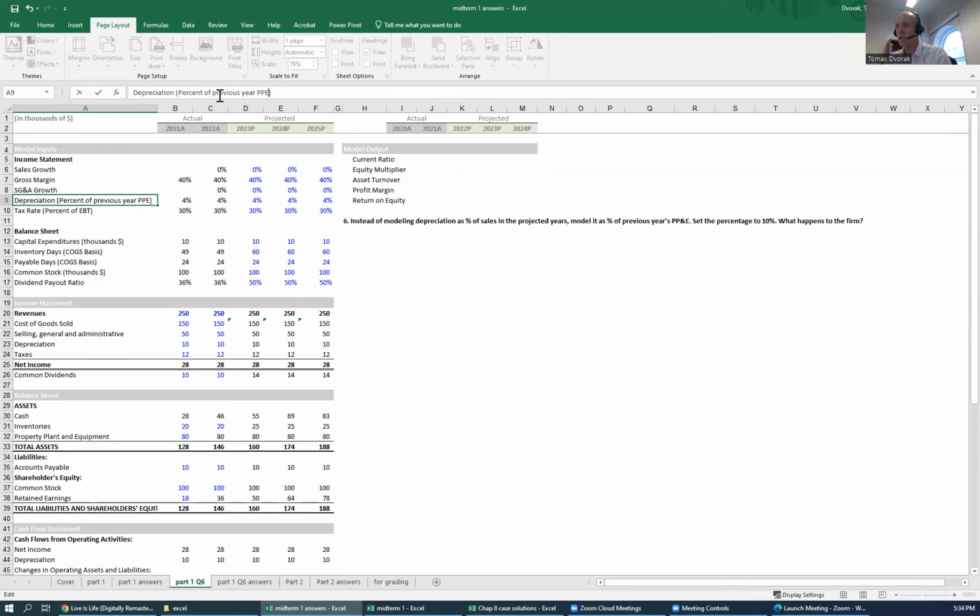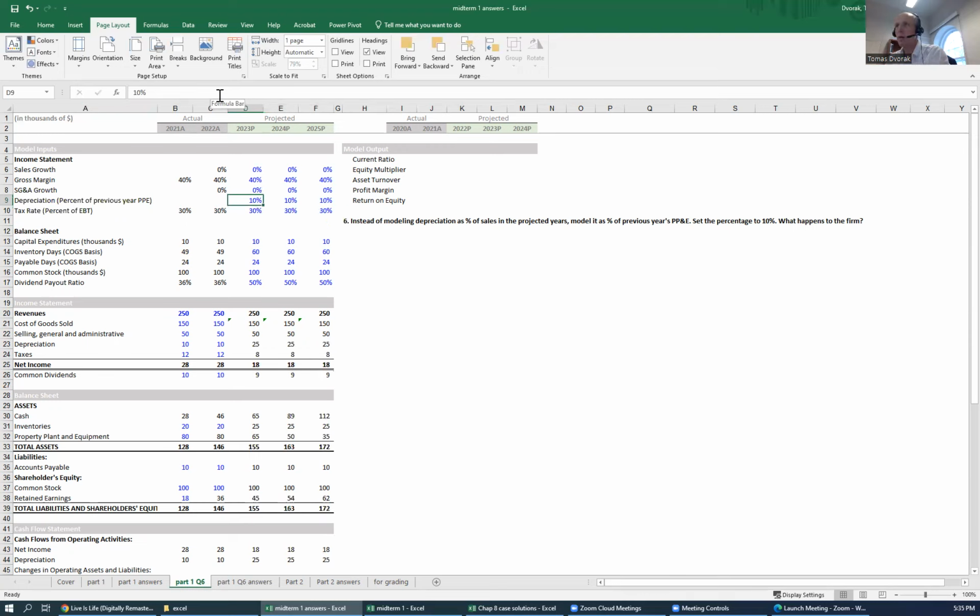PP&E. The rationale for that might be that because the machines depreciate, and how much depreciation we have depends on how many machines, how much PP&E we have, and they told us to set that at 10%. So we're going to set it at